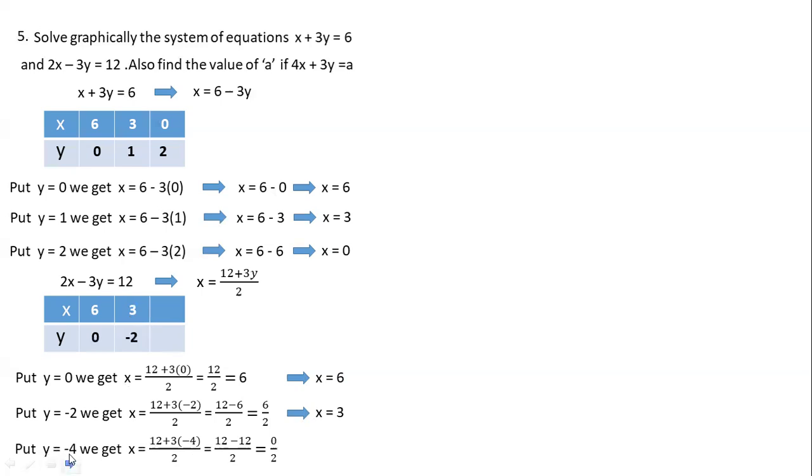Next, x is equal to minus 4 upon... 3. 12 minus 12, 0 upon 2 is 0. X is 0, y is minus 4. Okay. So